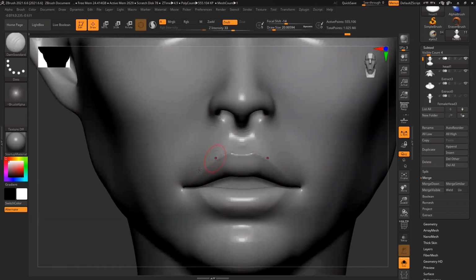Just to pop this thing out, I added slight depth there. This lip goes slightly inside, and this part slightly inside. Clay build up, add that slight volume. Muscles.